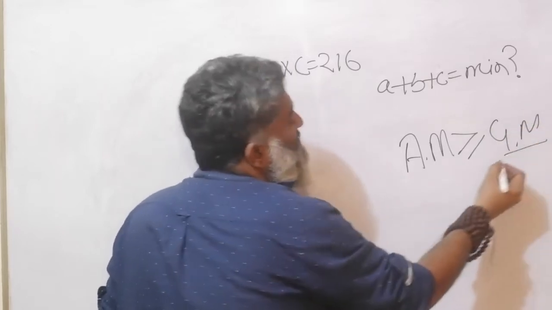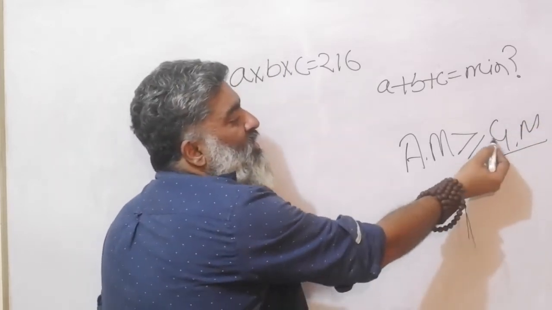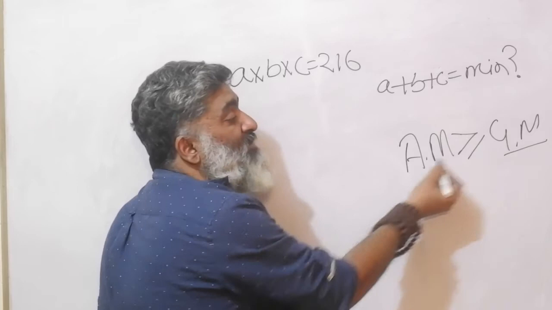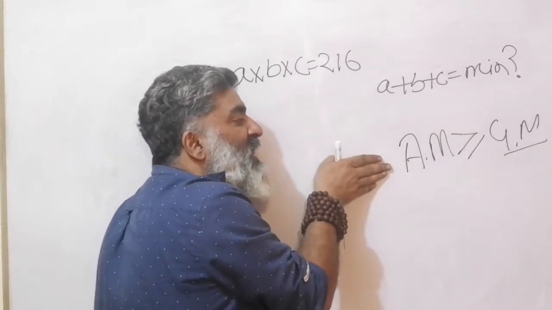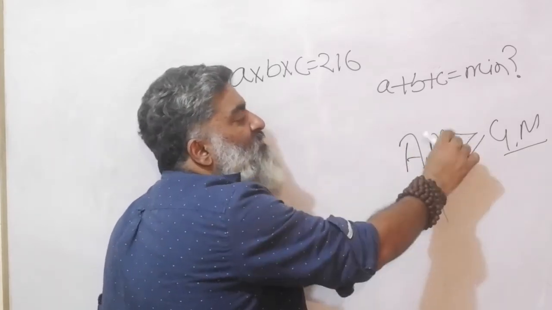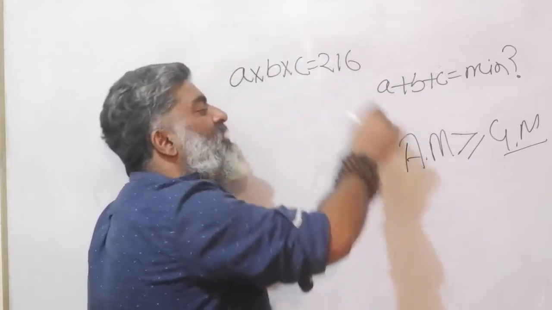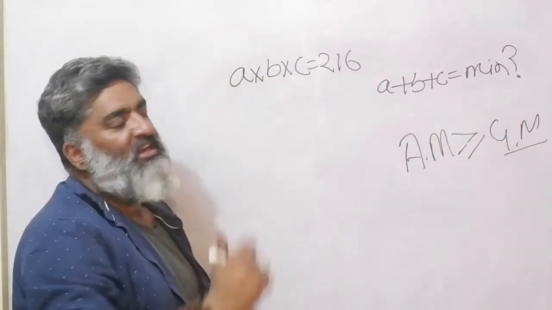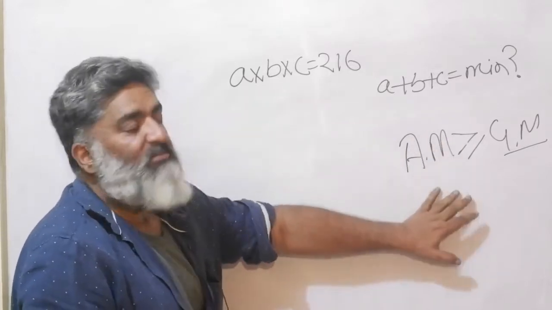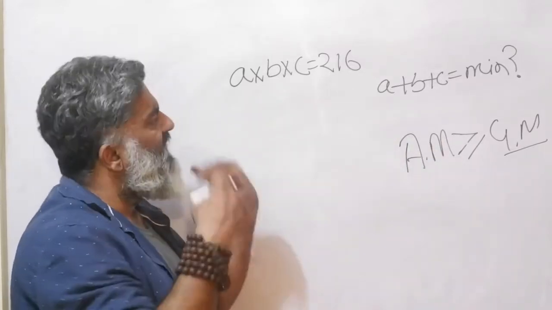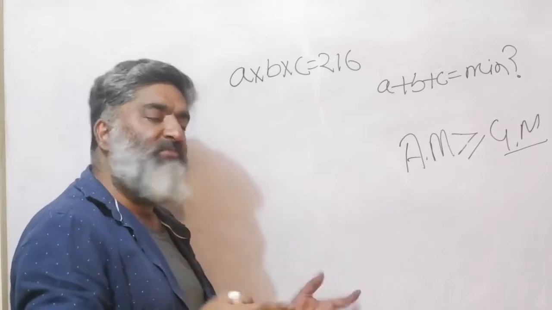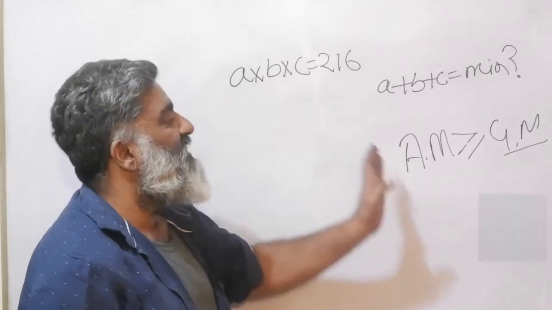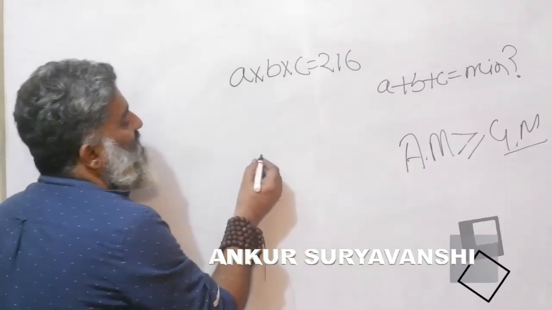So if you look at it from the GM side, this less than or equal to gives me the maximum value. But if you look at it from the AM point of view, you are getting the minimum value. Greater, it can go anywhere, but minimum it has to be equal to this, or greater than or equal to this. So exactly the same idea, exactly the same method, exactly the same approach, everything the same, just the direction is different. So let me demonstrate the process.